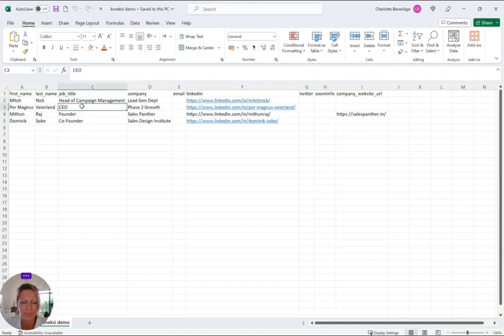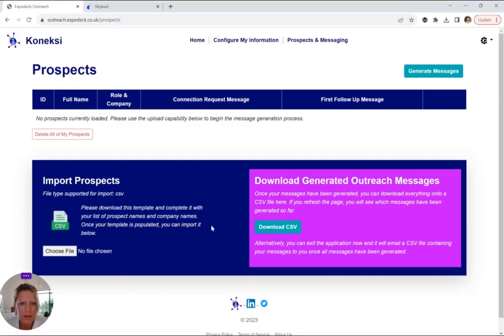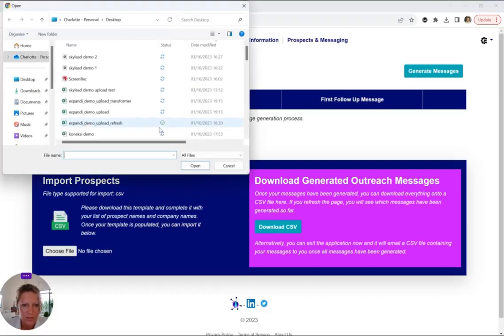The only fields that are mandatory for the load into Koneksi are first name, last name, company, and LinkedIn. The rest are optional and are largely enriched by the tool anyway. But I've just included some information here sporadically to show that it doesn't really matter whether or not you include it. So if we load that file into Koneksi